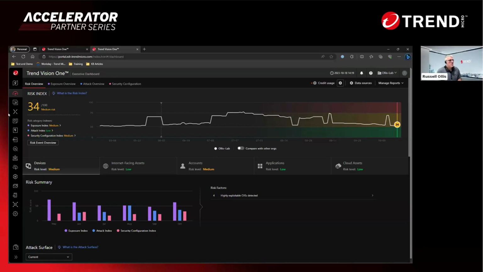Yep. So what we're doing here is using this information to show customers risk. But from a channel perspective, from a partner side, what do you do with this? One of the things we've been exploring as a way to introduce this and drive conversations and provide immediate value is to use the Vision One platform as a risk assessment tool. If I come to a customer or a prospect and offer them a cyber risk assessment,